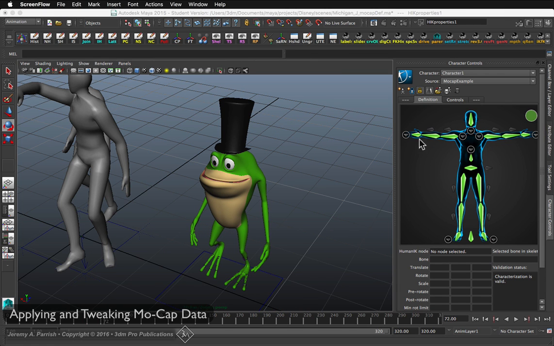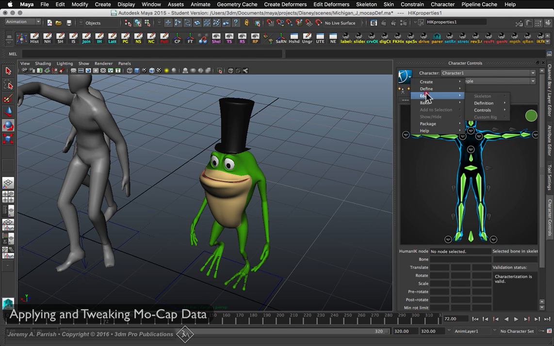Okay, so other than directly tweaking the mocap data animation, another option you could try, but I probably would not recommend, is you can actually go to this little blue button, which is actually a menu in your character controls, and you have access to pretty much all the same tools that you had access to from the top level menu. But if you actually want to make adjustments to the behavior of the joints that are actually being affected by the mocap data, you can come in, go to Edit, and go to Definition, and then choose to